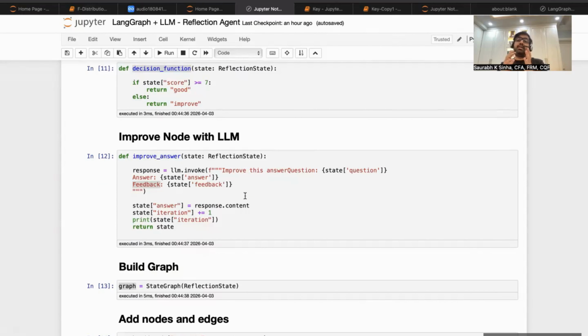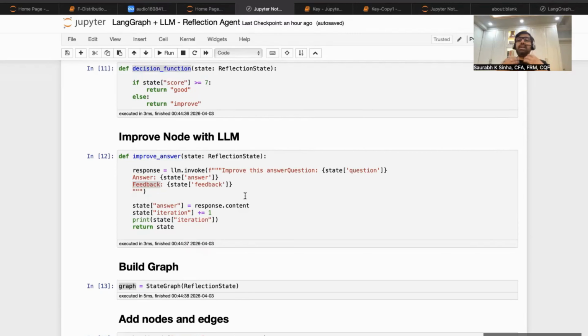What if I need a different critique model? I want OpenAI to improve the answer. I want to play with different large language models. To generate the answer, I would use Groq. To evaluate, I will use OpenAI. To improve, I would use Gemini. Can I do this? And this is what we want to discuss in one of the sessions,